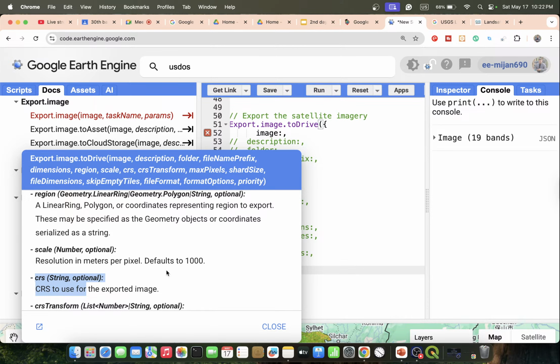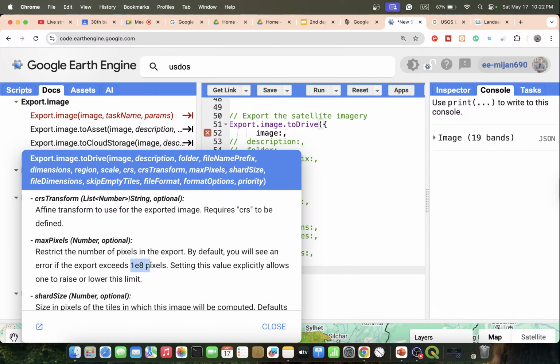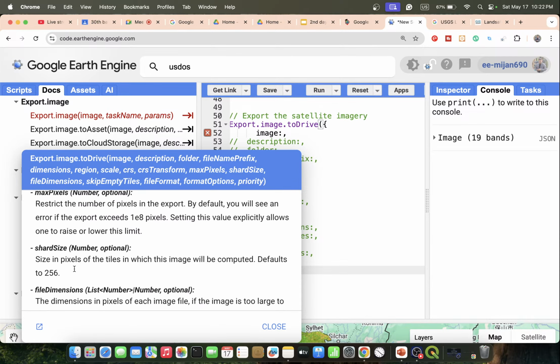Also you can see it's very important, max pixel. Basically when you work with a big study area, then we need to work with max pixel. Max pixel restricts the number of pixels in the export. By default you will see an error that the export exceeds 1e8 pixels. So we try to increase the max pixel value; it shows 1e8, so we apply 1e13, then it will be okay. So max pixel is needed when you work with a big study area. If you face an error, then try to increase the max pixel value, it also works, there is no problem. So let's try to export it and then get